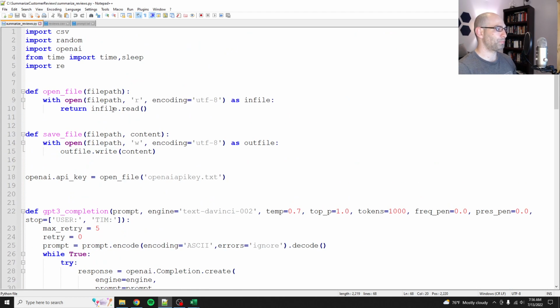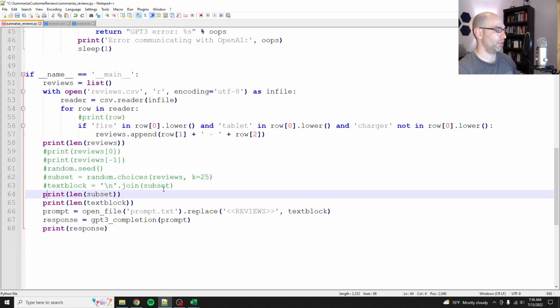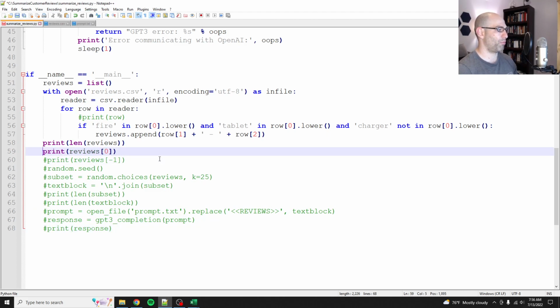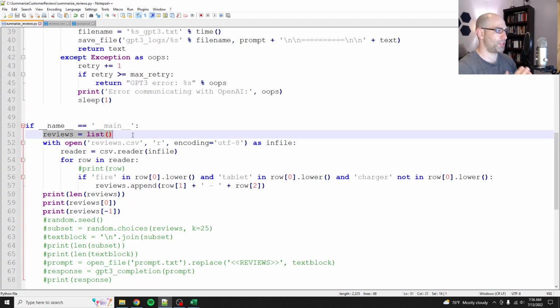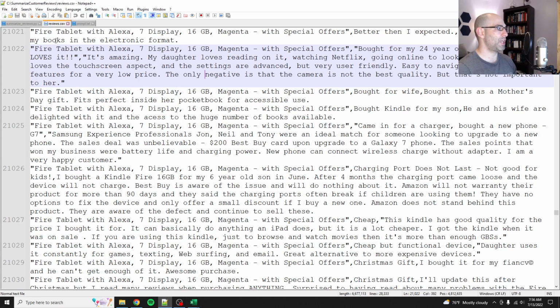So anyways, let me comment out some of the stuff because I was experimenting without recording, which I know I shouldn't do. Let me just show you where we start. Reviews list is just an empty list. Then we load reviews.csv with encoding UTF-8 as file. We'll load it. And then if row 0, that's the product name, which will appear here in this first part,